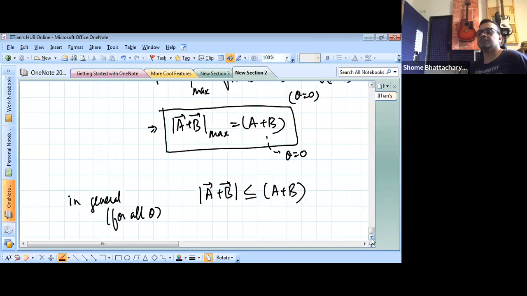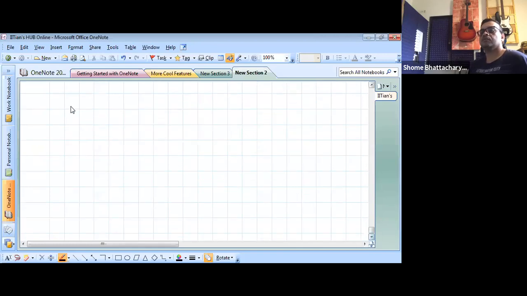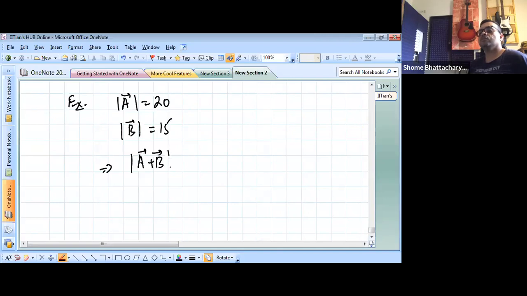So basically this means something like this, that for example, suppose magnitude of a is 20 and magnitude of b is 15. That means magnitude of a plus b will always be less than or equal to 35. Okay, so that means magnitude of a plus b